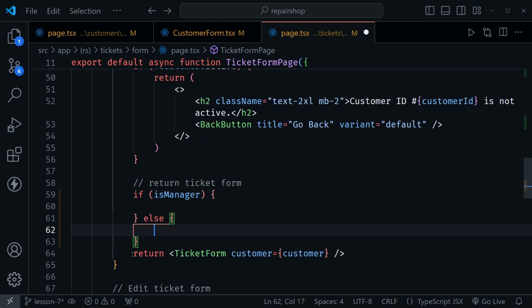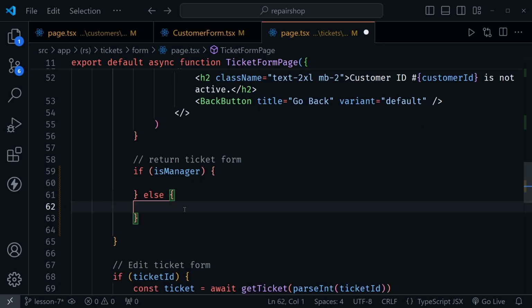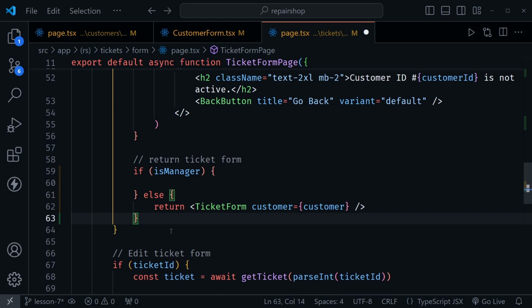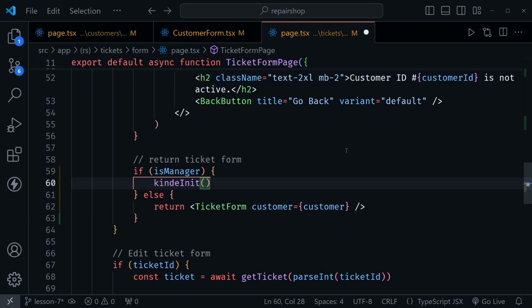And we can quickly populate the else because it's just going to be what we already had. So this is what happens if they are not a manager or anybody that has any manager permissions. But if they are, we need to call that kind init. Remember, I renamed that init function, kind init. I'll put a note here: this initializes the kind management